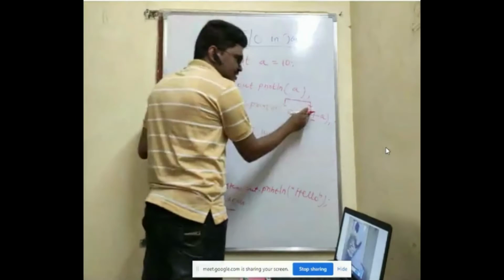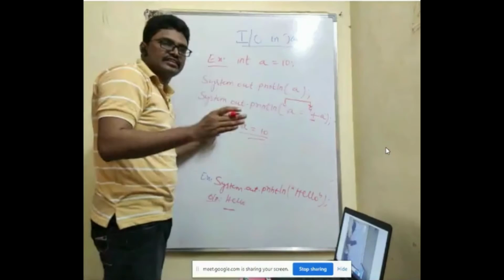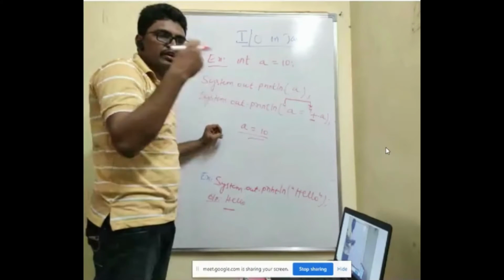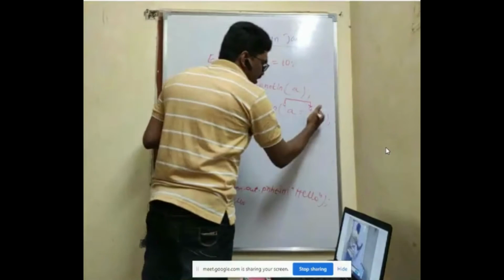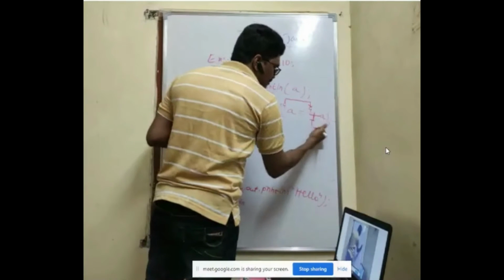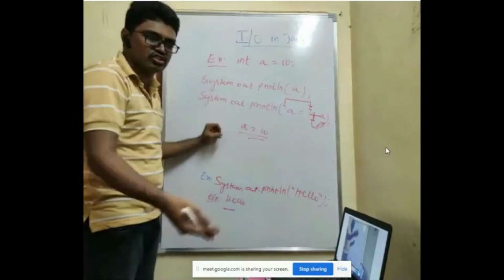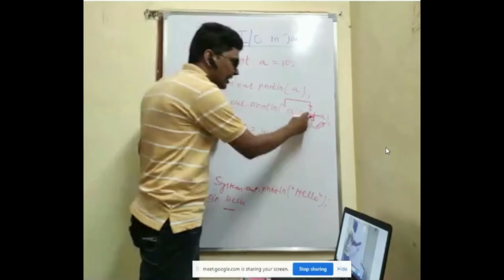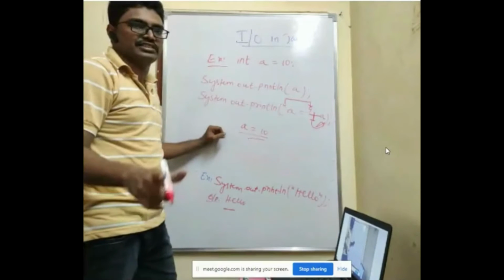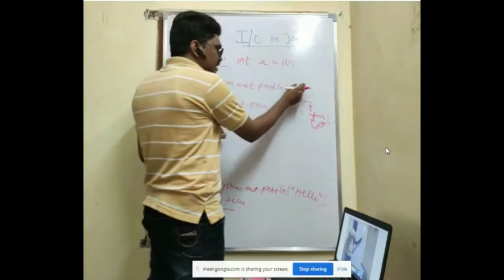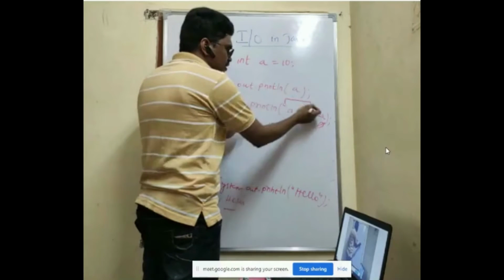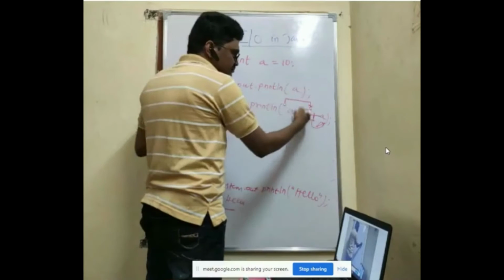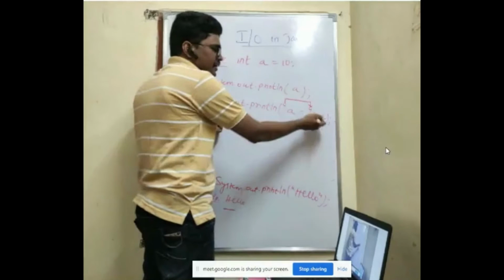Whenever it reaches the ending double quotes, it thinks that its job is over, I need not display anything, and it will stop. So that's why we add a plus symbol, so that the compiler will know that there is something else to print after the end of the double quotes. That's why we use the plus symbol. If you are using a single variable directly, you need not use any plus. If you are using double quotes with something, then you have to compulsorily use the plus symbol.